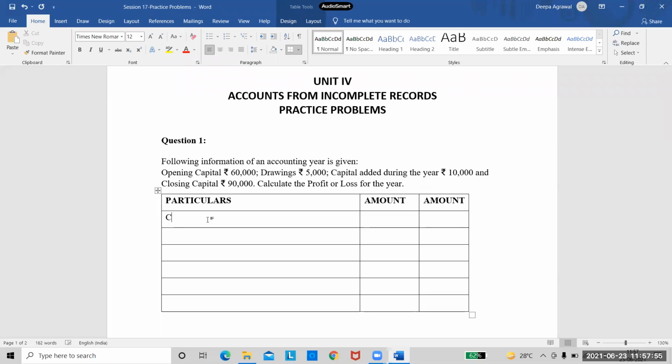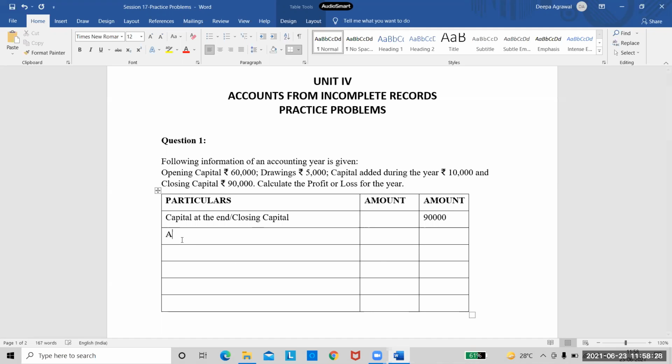So we always start with capital at the end, or you can also call it closing capital. I'm writing both here so that you remember, right? So capital at the end, directly take it in the outer column. It is given as 90,000. See, we will use this inner column only when 2 things related to the same entry are given. Currently, we do not have anything like that, so we will take everything in the outer column. If we have adjustments later on, then we need this column. But we'll make a habit of using that every time, right?